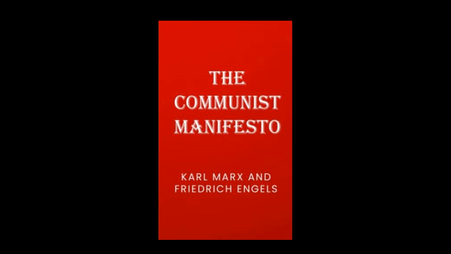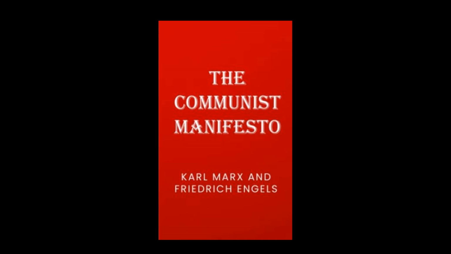The authors argue that the Communist Party must work to expose the limitations of other political parties and must work to unite the working class against the bourgeoisie. Marx and Engels argue that the Communist Party must be a revolutionary force that is willing to use violence to